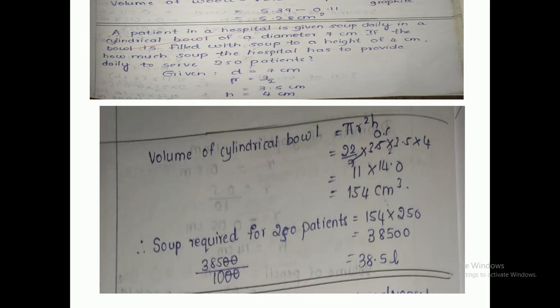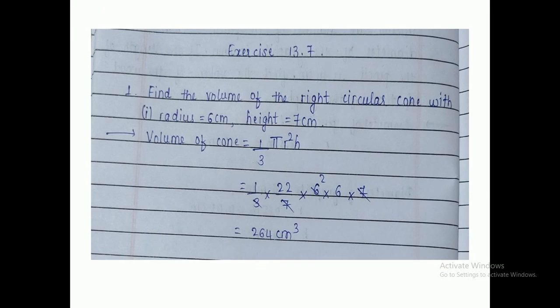So now let us move on to the volume of a cone concept. In the last video we discussed the formula derivation of the volume of cone using the volume of cylinder. So volume of cone is 1/3 pi r square h. Why is it 1/3 pi r square h? You have got the clarification in the last video, no? Yes, now we are going to discuss exercise 13.7.